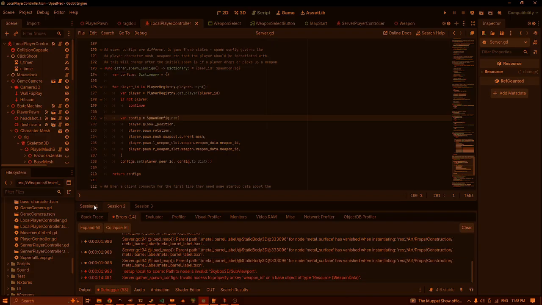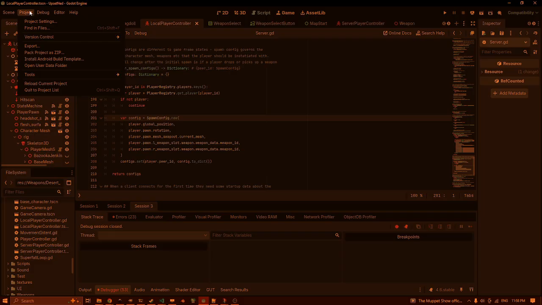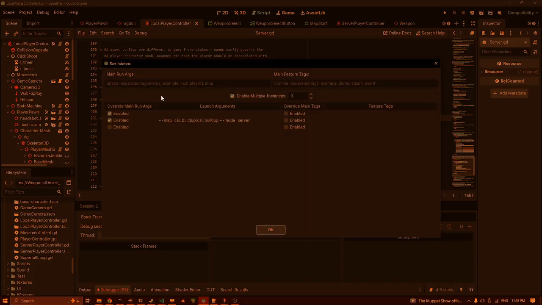So this here, you can see got session 1, session 2, session 3. In my debug customize run instances, you can set up multiple instances. So I've got 3. I've got 2 clients. Number 1 is a client. 2 is the server, and I'm just passing in this mode dash server, which I'm checking when I boot the server to put it into server mode. And that's the map that it loads. And then this one here,